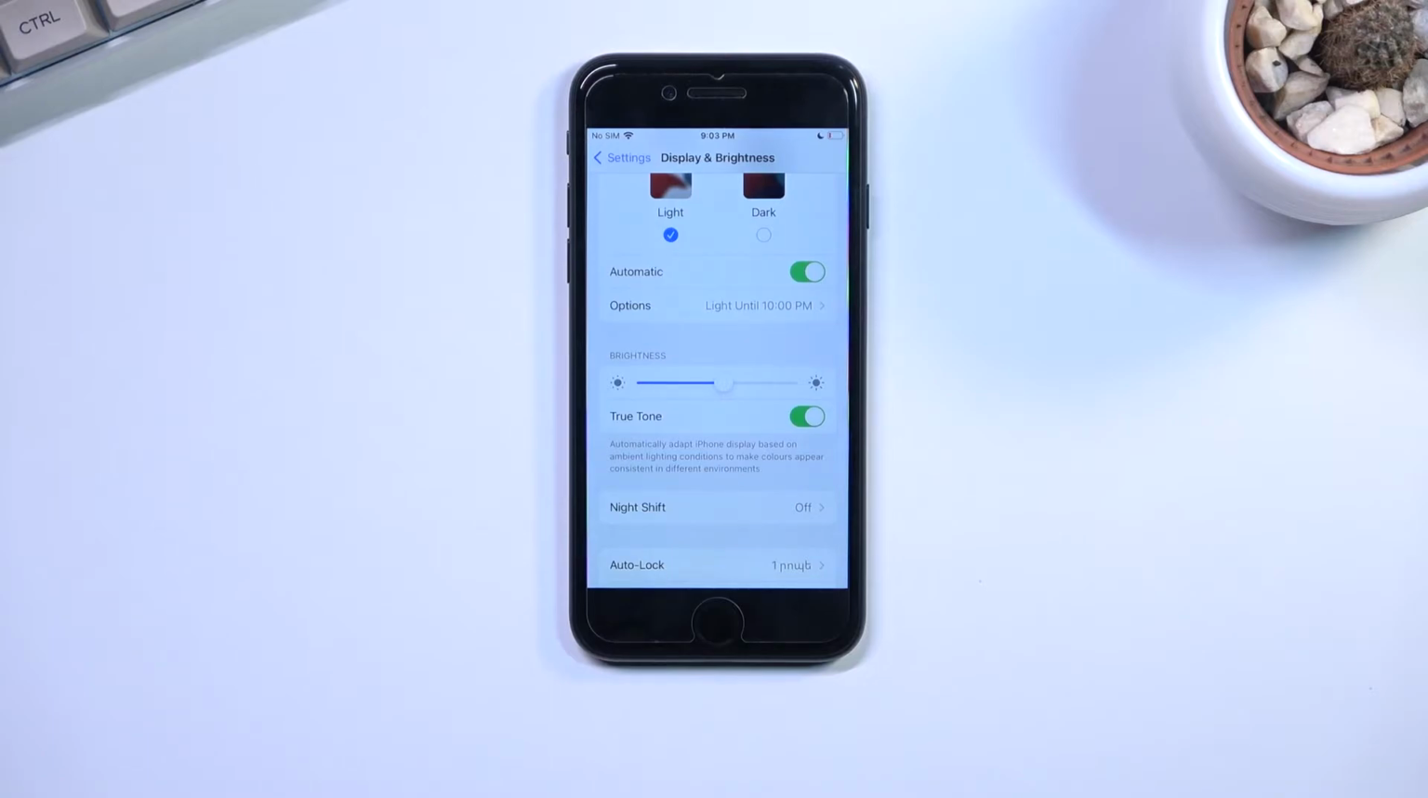Truth be told, some people will probably prefer the True Tone on, just because the less blue light color might be more pleasant to the eye, especially when, as an example, you read books or ebooks on your phone. This will be a better alternative, but for maybe a little bit more vivid colors, True Tone off might be a better option. Anyway,